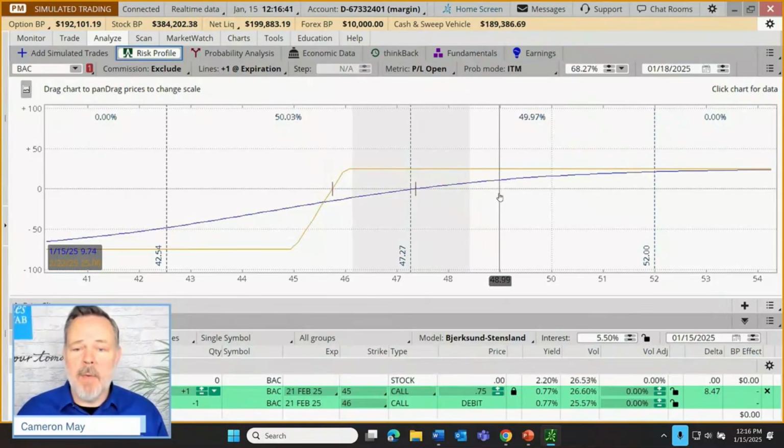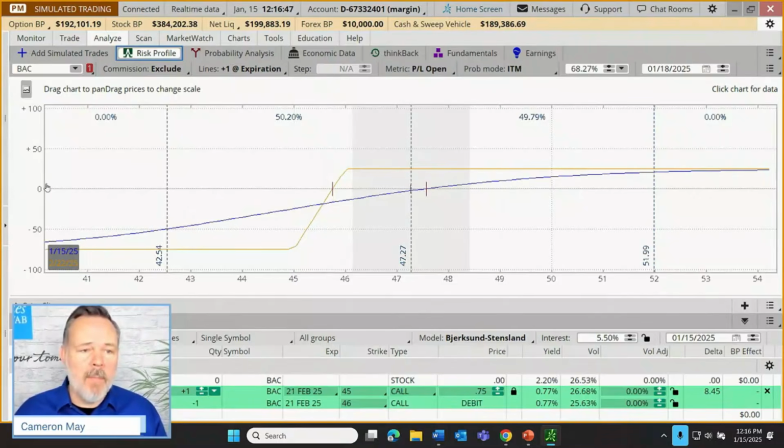So let's say the stock were to pop up to $49. I can just intersect my price assumption with my profit assumption. Let me point at $49, and then look down here at the blue number, and it gives us a projected profit. Let's put that back at $49. That looks like if we were to pop up to 49 today, about a $9.86 unrealized gain on that trade.